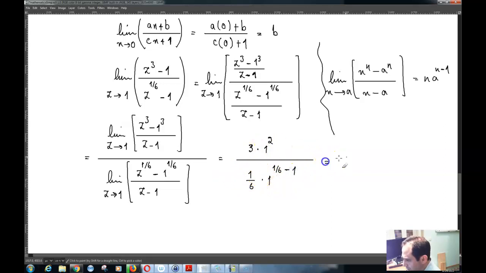Now this is 3 over 1/6, which is equal to 3 times 6, which is equal to 18. So number 10 is